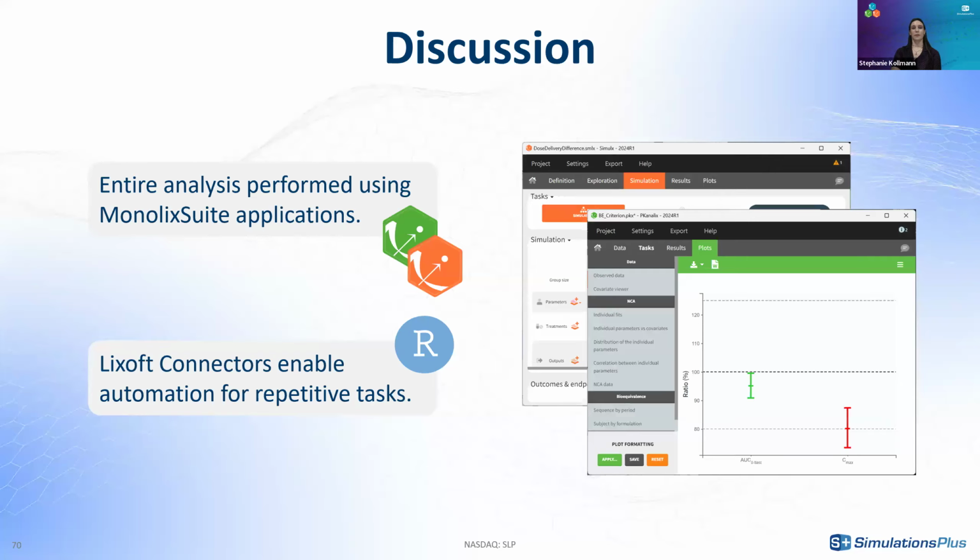And because it involves repetitive simulation loops, multiple sample size batches, parameter perturbations, and simulation replicates, it can be efficiently automated using the connectors, and this makes the process seamless and reproducible